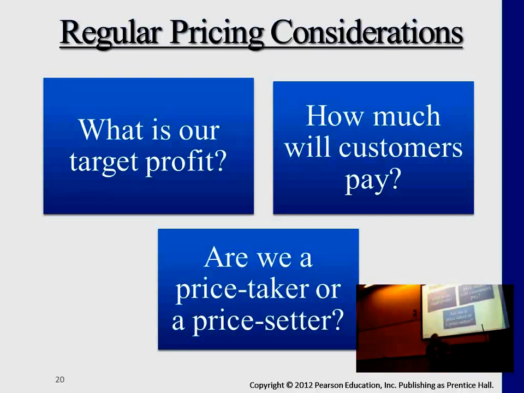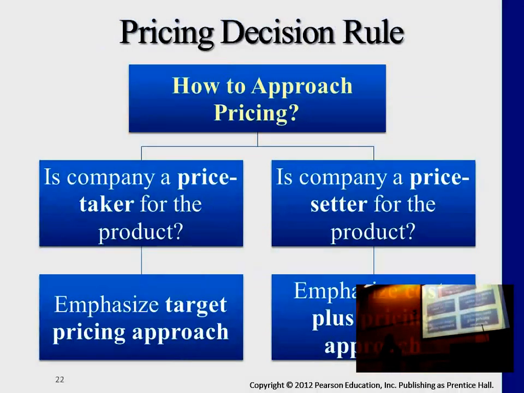As opposed to that, if you own innovative products, technology-driven products, then those are more in the price setter industries. So you have more control over your price, and the approaches you'll be taking will be different. For price takers, groceries, natural resources, usually we emphasize a target pricing approach, meaning we take the market price minus the profit, and then we try to meet this target cost. So the more we can reduce here, the more profit we're getting in the middle. Usually we don't move the sales price too far away from competitors' price.